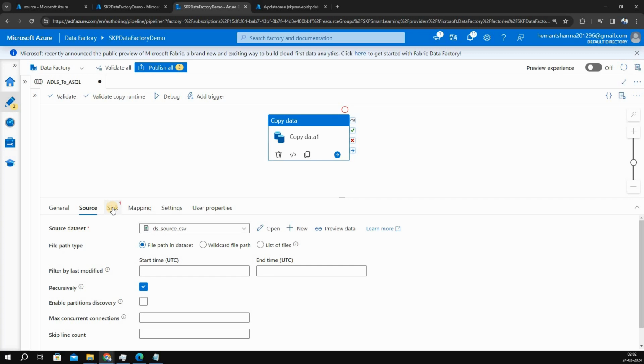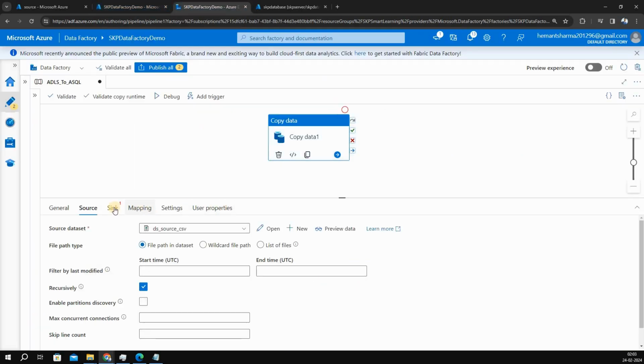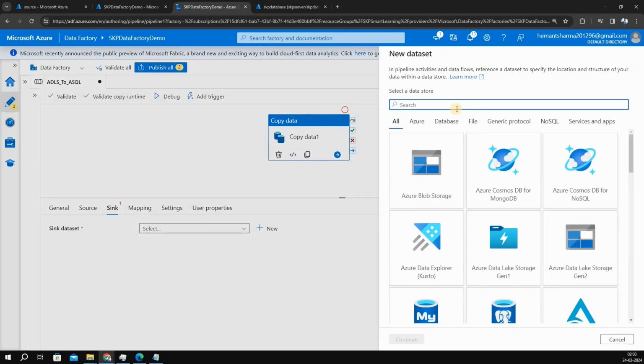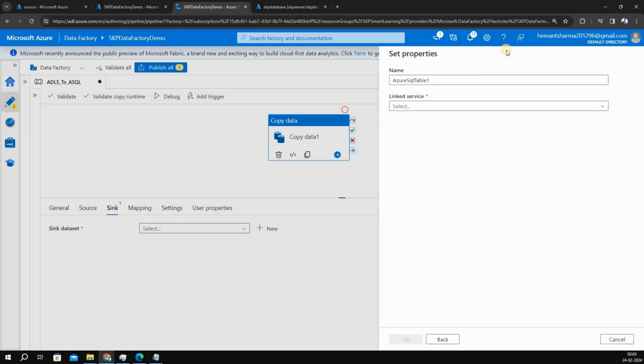Now we need to set up the sink, and the sink is our Azure SQL. We have already created Azure SQL here, the database name is SKP database, and the server name is SKP server, and we have to move data to this database. I will go to sink and click on the sink. I need to create a dataset, so I will click on new, choose Azure SQL database, continue. I will change the name of this